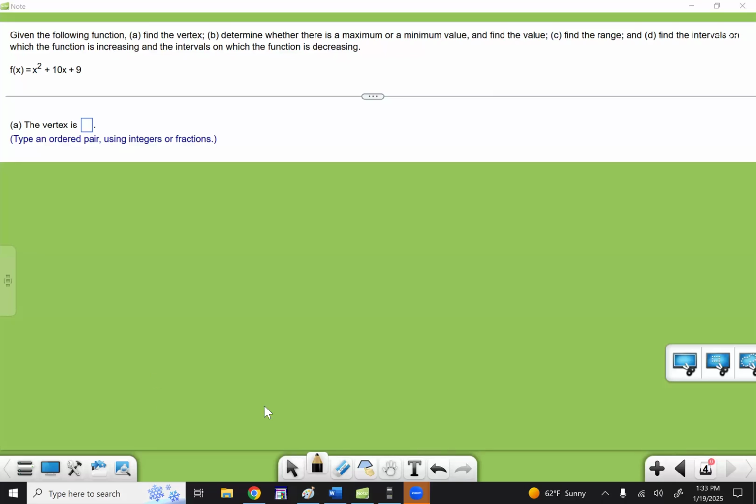All right, let's take a look at number 10. So the first question says, what's the vertex? So we're going to go ahead and use our formula for the x value of the vertex. We're going to substitute in 10 for the b. So negative b, so negative 10, and then over 2 times a. Well, the number in front of the x squared is always your a. Since there's nothing there, there's really a 1 there. So our a is going to be 1 on this one. So that's going to be negative 10 divided by 2, which gets us negative 5 for the x value of